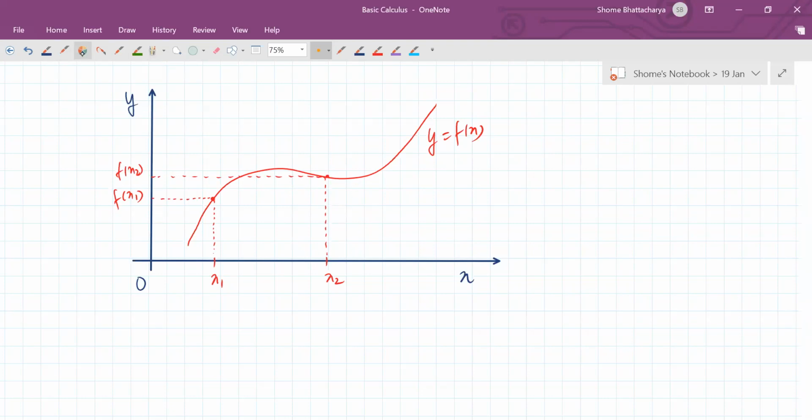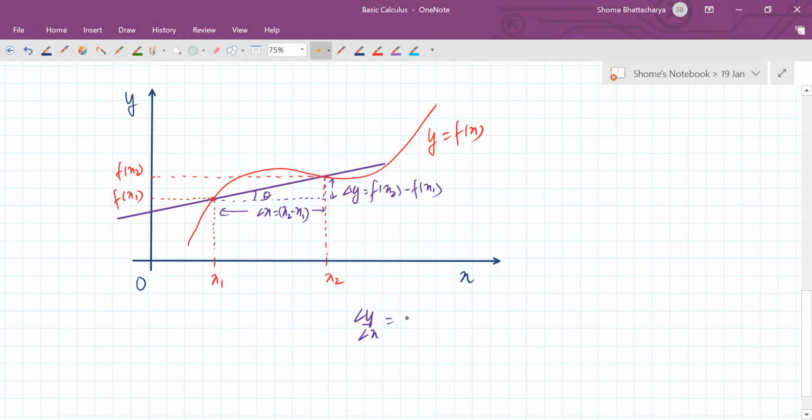So then our average rate of change becomes the slope of this particular line that I'm drawing. And this line, as you know, is given the special name of the secant line. In this line, this interval here is delta y, which is the value of the function at x2 minus the value of the function at x1. And this interval here is delta x, which is x2 minus x1. So delta y by delta x is nothing but the slope of the secant line